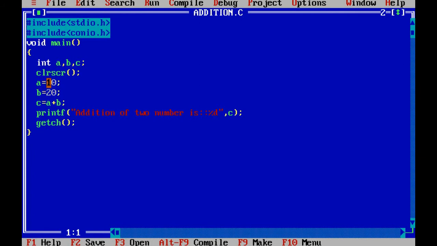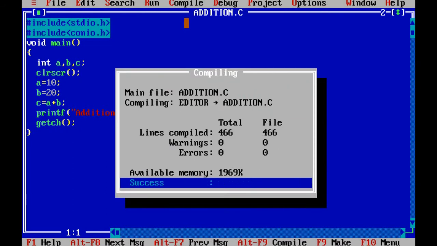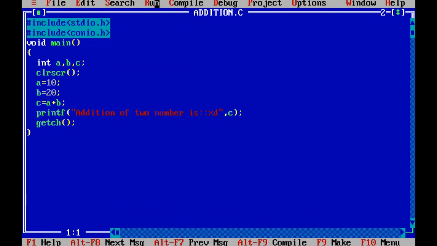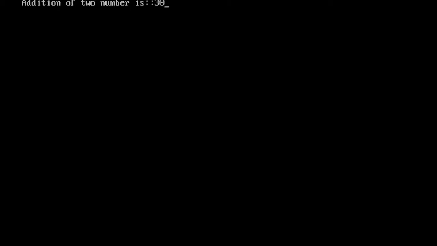But I want to perform the addition of different numbers every time. When we compile and run this program, every time it shows the addition is only 30. That value will not change.